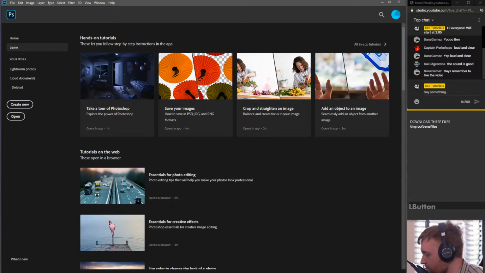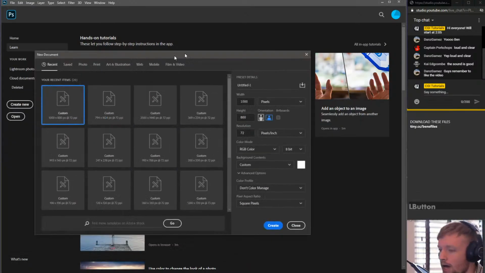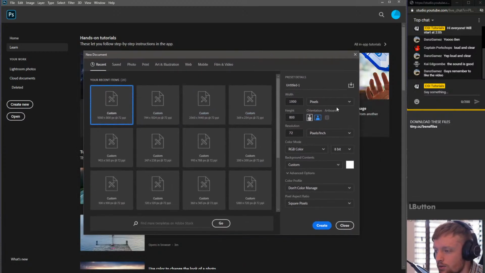Let's get going then. So first of all, I need to open up Photoshop, and Photoshop should be open now. And I'm going to get you to do create new. So you can do file new, and this window pops up. We're going to do this for screens rather than for print. So on the right hand side of this window, make sure it says pixels. So change it from inches to pixels, and change the width to